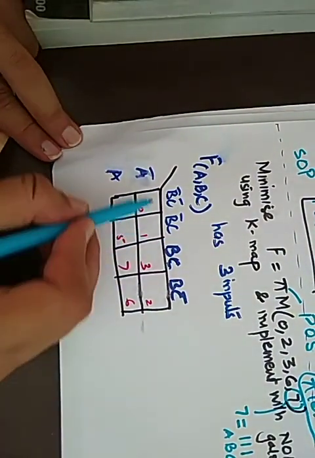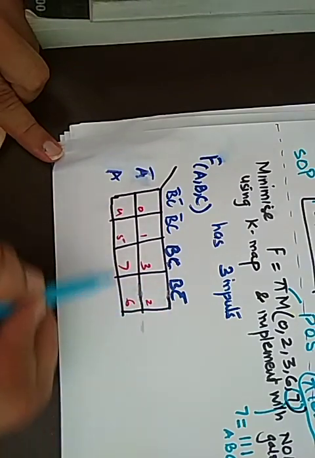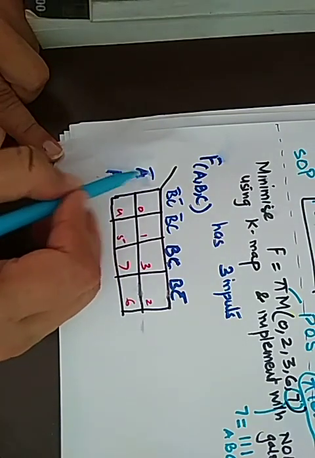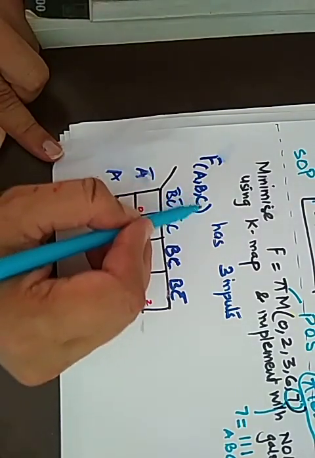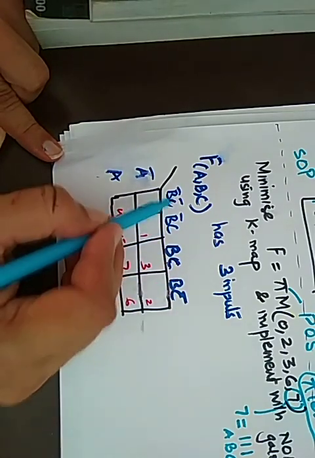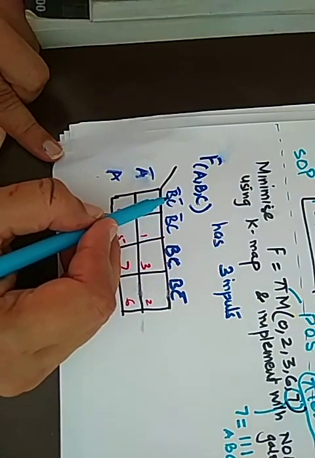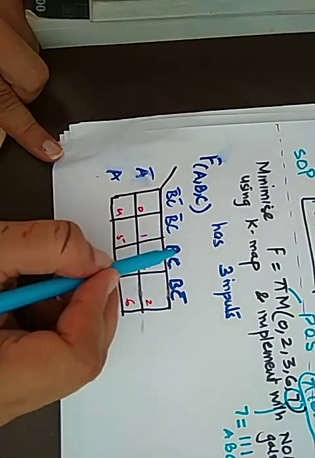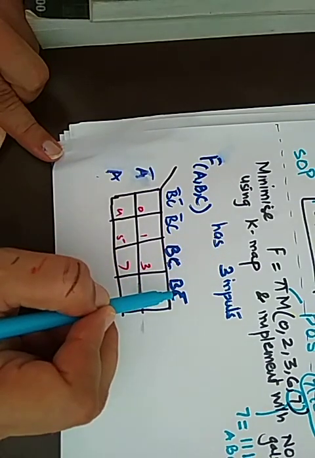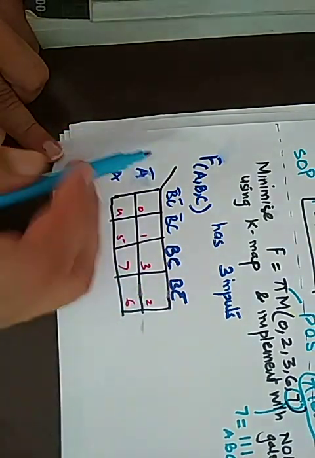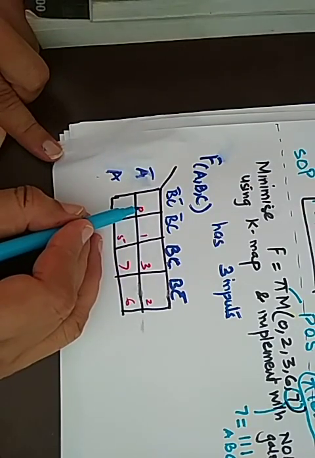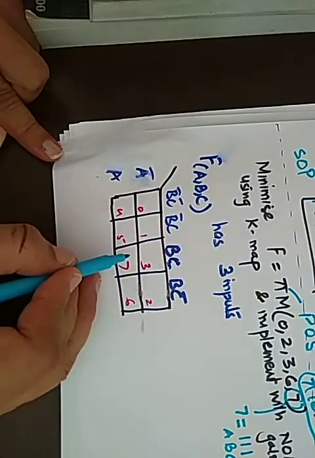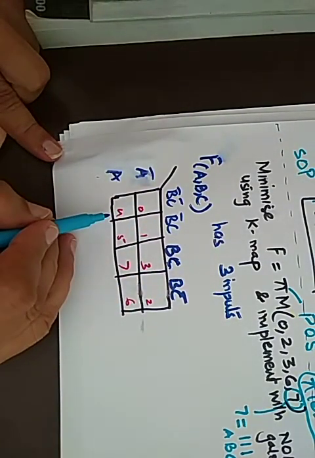So the K-map used will be a 3 variable K-map having 8 squares, labeling MSB A on the vertical side, A bar, A, the lower 2, BC, on the horizontal side, labeled as B bar C bar, B bar C, BC, BC bar. The logic was changing only one variable at a time while moving to the next square. Square numbering is 0, 1, leave this, 2, 3, 4, 5, leave this, 6, 7. This is the blank K-map.